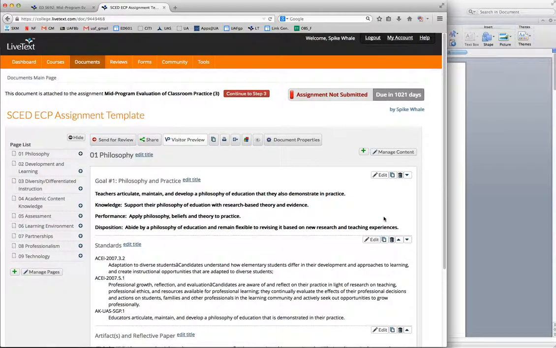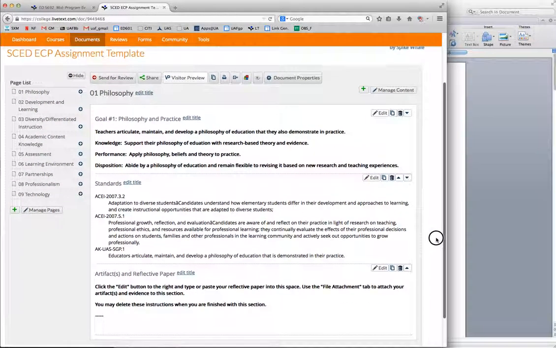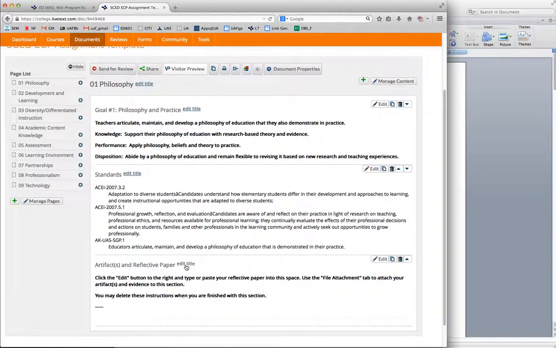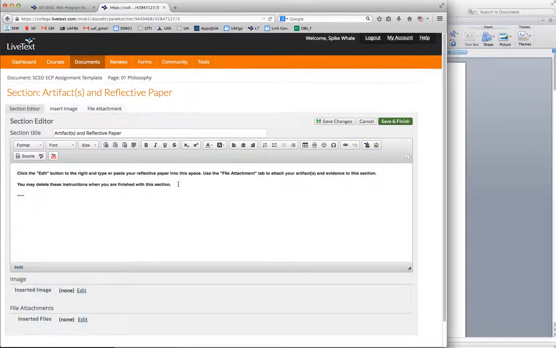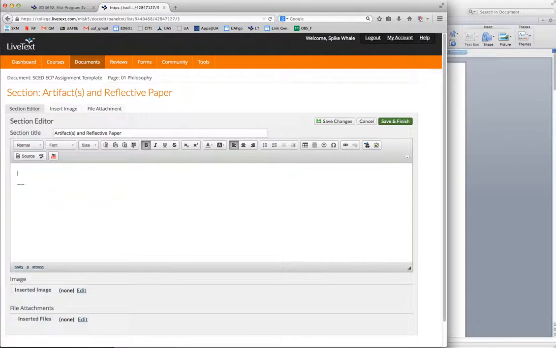Now, so far, you have reflective essays for 3 areas, for philosophy, development and learning, and assessment. When you go to complete your evaluation in April and May, you'll have essays for all 9 areas, which will be terrific. For now, what I'd like you to do is to go ahead and submit your essay to each standard as is appropriate. So the way we do that, you hit the edit button, and then we delete that